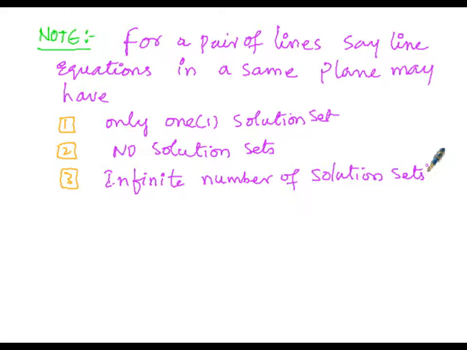So here a coordinate plane consists of a pair of lines, that is two lines in it. They are called the line equations. If we solve for the solution set of the pair of lines in a plane, then they may have one solution set, or they may not have a solution set, or they may have an infinite number of solution sets. So here, in case number 1,